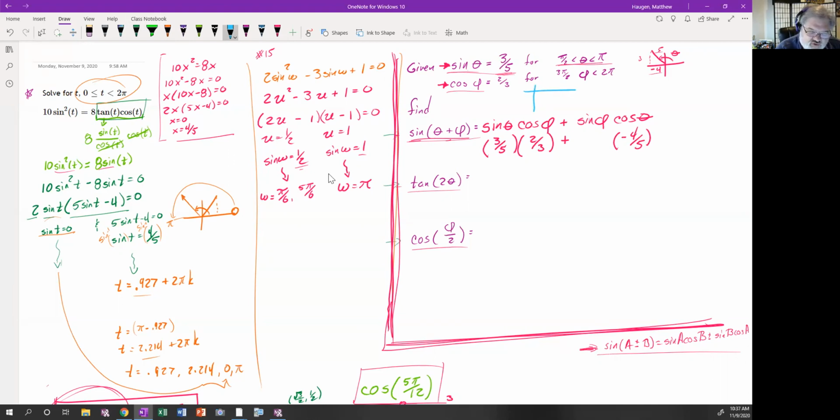For phi, we're told phi is in quadrant 4, so we're down here in quadrant 4. We're told the ratio for phi under cosine is 2/3, so that's a 2, that's a 3. And a little Pythagorean theorem would tell us that that's the square root of 5. That has to be negative because we're down in quadrant 4. I know I'm doing that Pythagorean theorem part fast, but